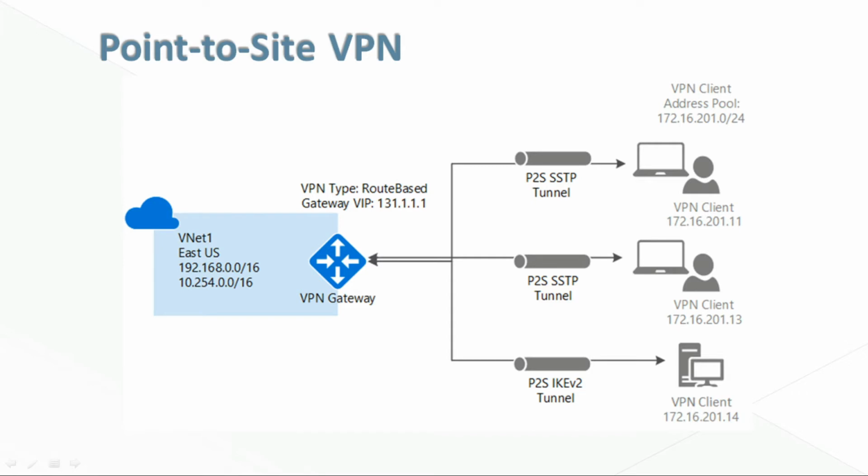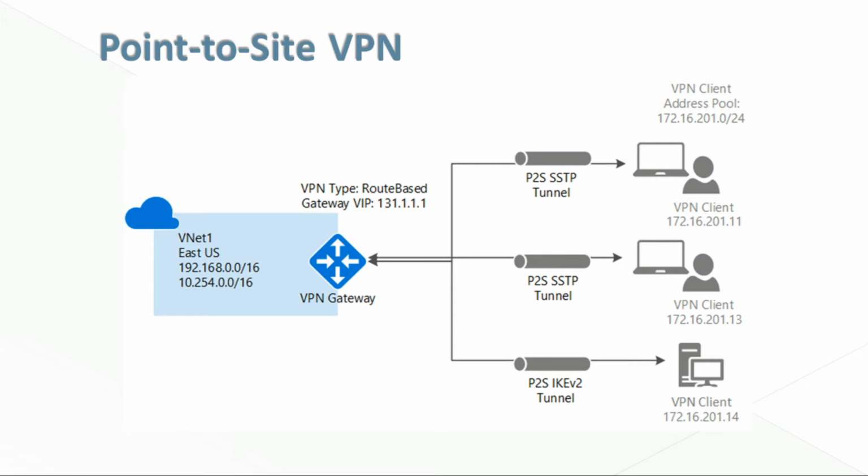In a point-to-site VPN setup, we need to upload a public key or root certificate. Once the certificate is uploaded, it is considered a trusted certificate and will be used for authentication. When we download the VPN client, it will download two things: the client certificate and the configuration file. The configuration file holds the necessary information to communicate with the Azure virtual network, and the certificate will be used for authentication.